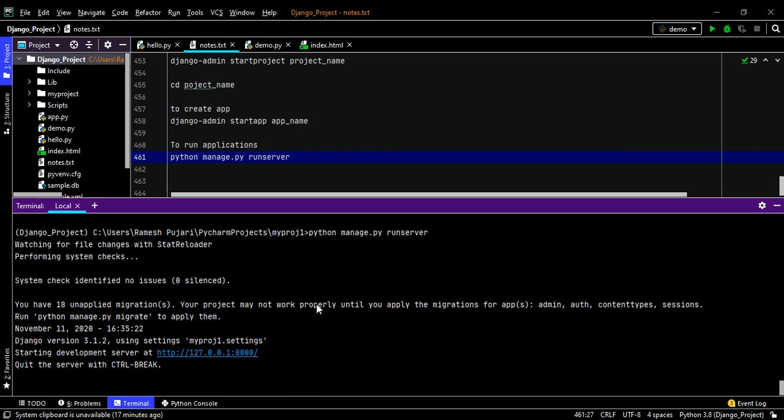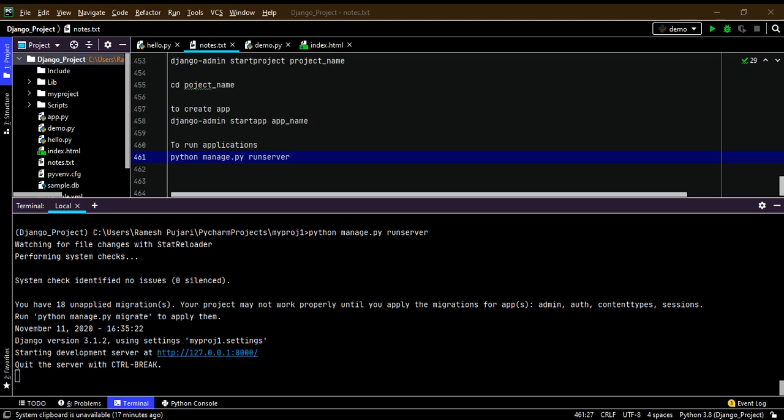Copy this, open Chrome or whatever browser, and paste it, and it will open the Django project. It shows that Django is successfully installed, gives the Django symbol, and says the install worked successfully, congratulations. You will get this kind of message once you click on the generated link. So this is all about Django.